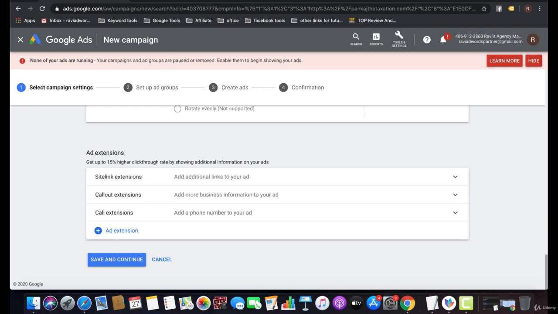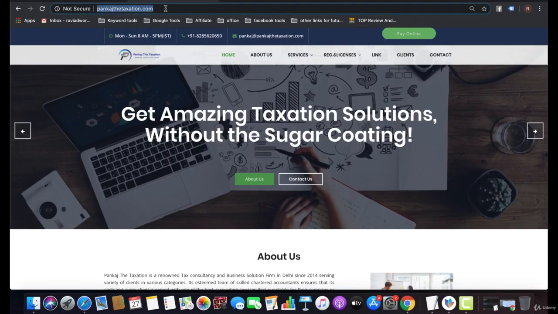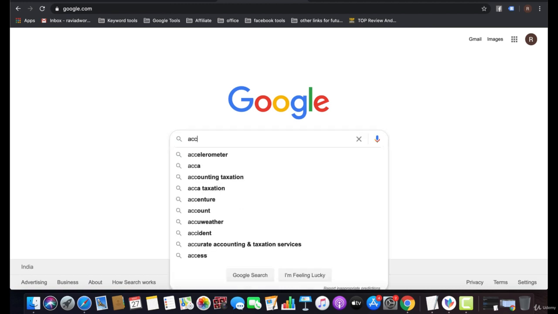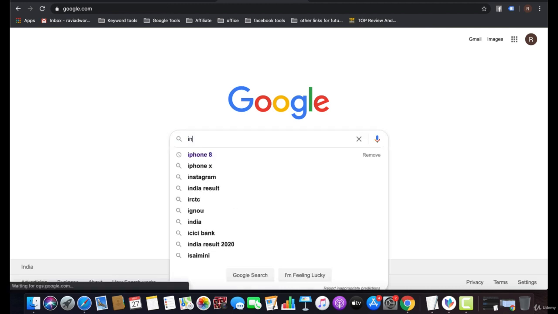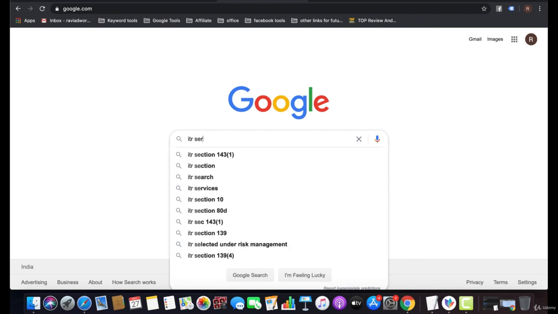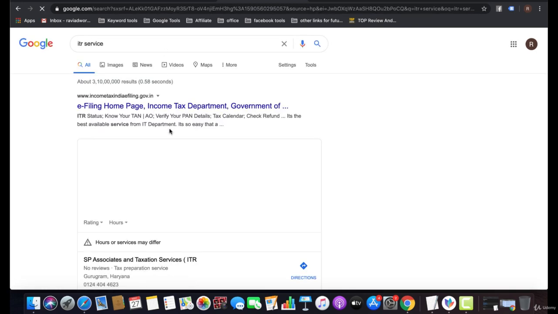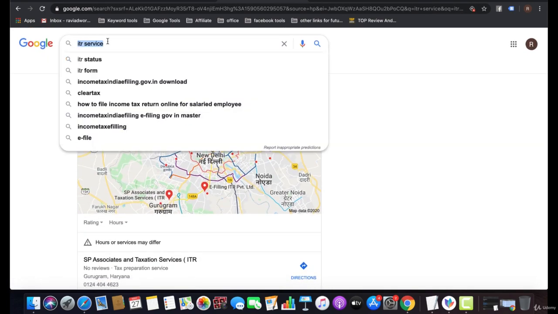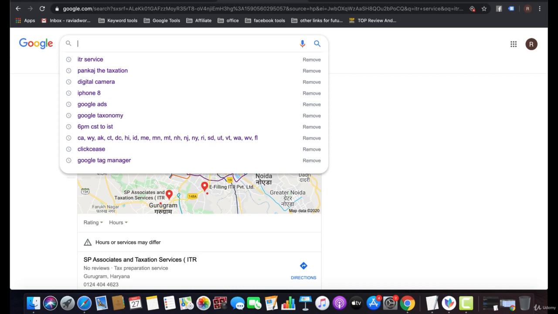Now I will show you what site links are in a live example. Searching for ITR service, that is the official website.